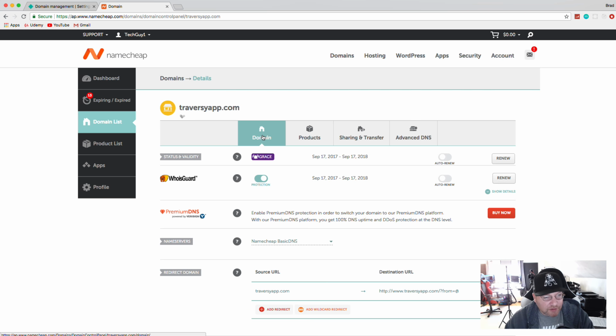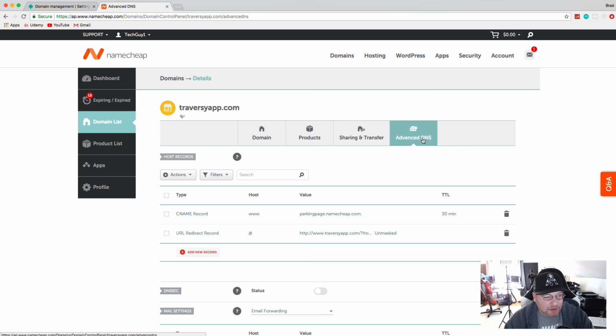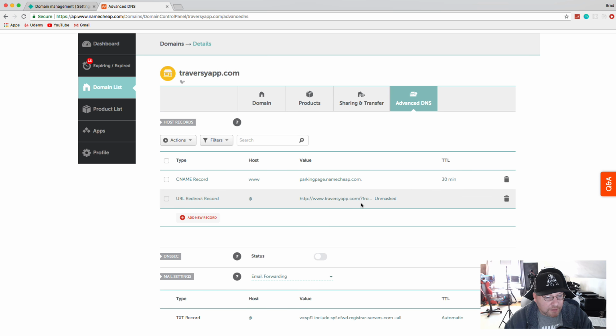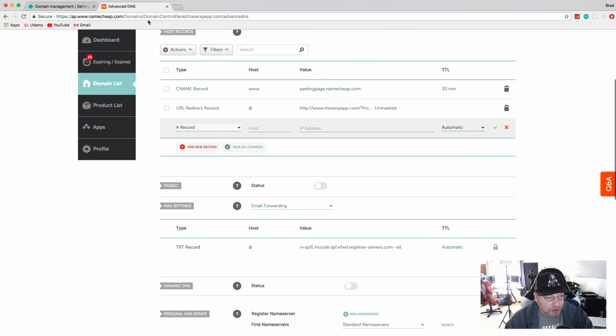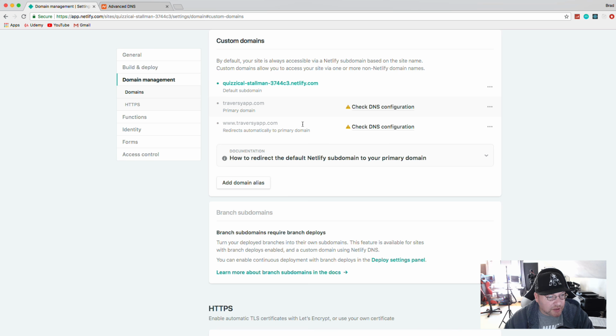So in this interface, what we would do is go to Advanced DNS. Let's see, this stuff, we can actually get rid of this. Yeah, we don't need this stuff. First, I'm going to add the stuff. So we want an A record. And if I go to, let's see,